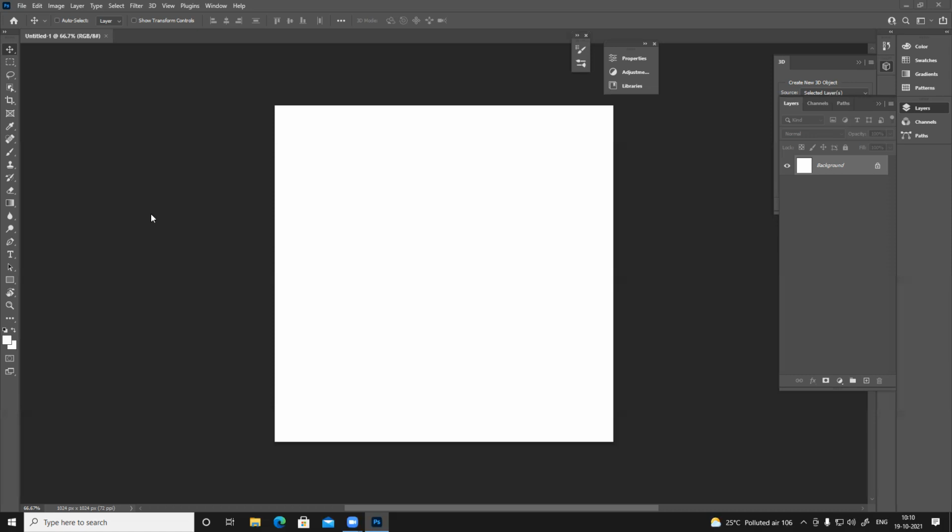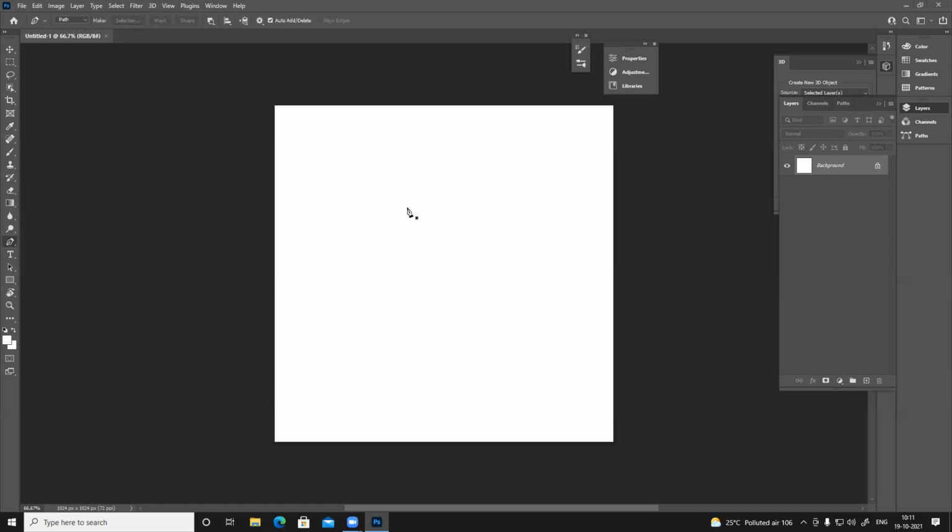So I'll explain. I just open a new empty file, nothing is there. For vector, we'll be using the pen tool, or we can use all the shape tools. If I click pen, the shortcut is P, and from the dropdown you can see we have multiple pen tool options. By default, we'll be using the first one, the pen tool. Freeform is basically freeform: you can draw whatever randomly, and it will convert that into a vector shape.